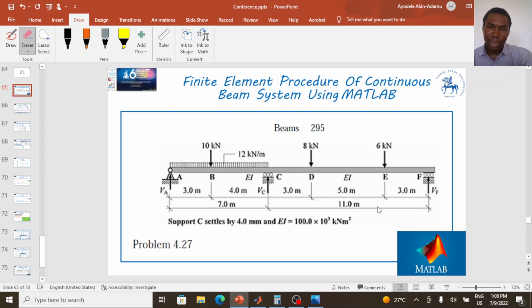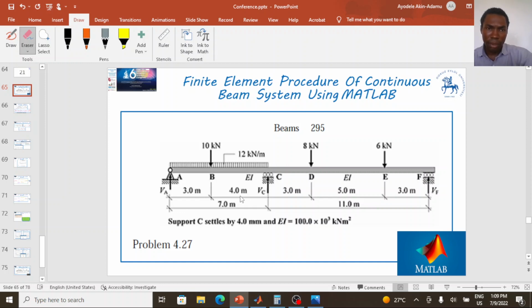It's been 2 to 3 days since I produced my last video. In my previous videos, I dealt with one-dimensional problems and source problems, both 2D and 3D problems. So today I'm moving to another topic in finite element analysis, that is the application of the finite element procedure for beam systems. We're solving a two-span continuous beam in today's tutorial video